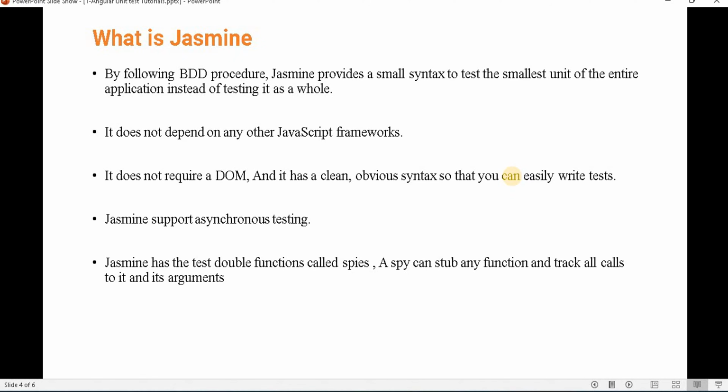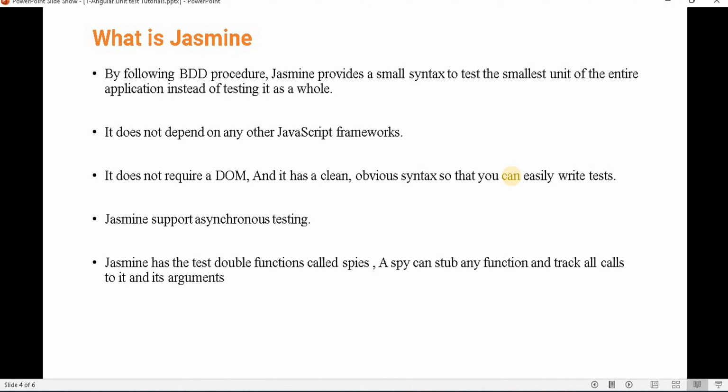Jasmine follows the BDD procedure. So Jasmine provides a small syntax to test the smallest unit of the entire application instead of testing it as a whole, because it is a JavaScript framework and it does not depend on any other JavaScript framework.